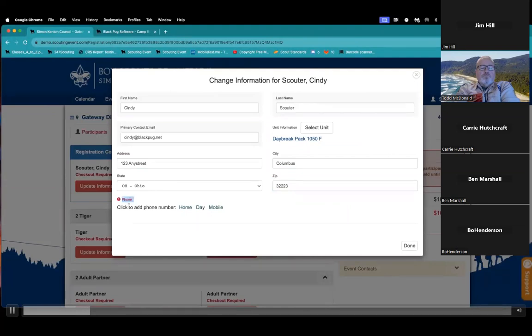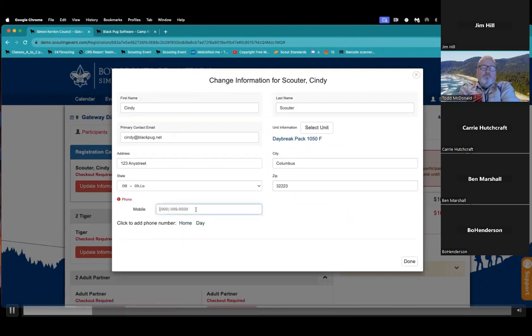And again, it's because the council wants this information. So this might change depending on which event you're registering for. But it's required for me to enter a phone number. There's 3 options here, and I'm just going to put my cell phone number in because I don't have a home phone anymore. So I'm going to put my phone number in. And then I've satisfied the requirement with 1 phone number, but I can put additional phone numbers in here if I need to.